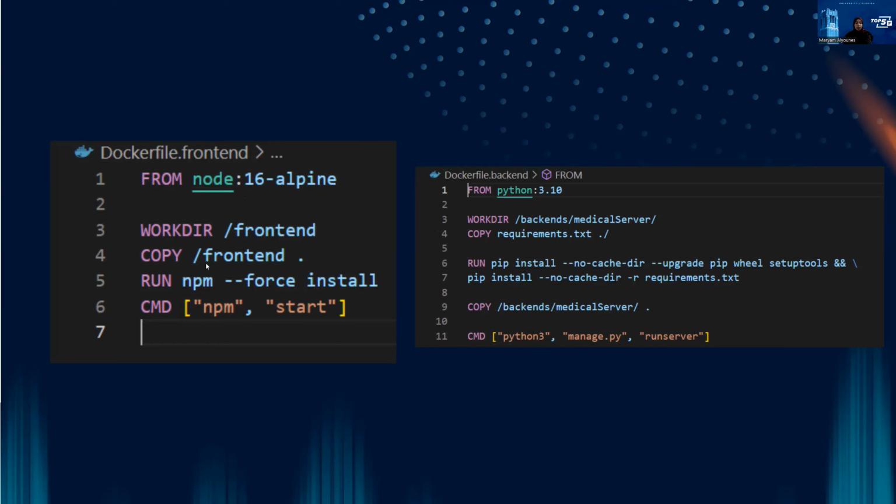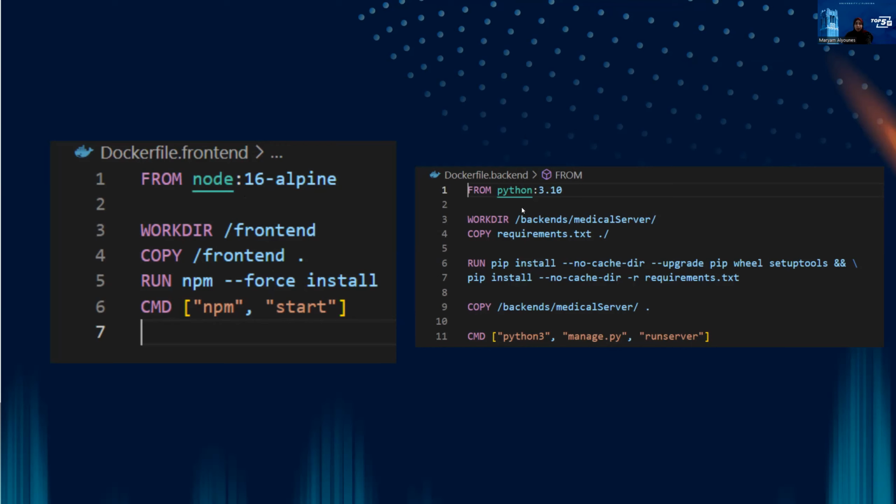And then it copies the contents from this file into the working directory. And then it runs this command, and this is to install npm using packages.json. And then it uses this command npm start, and this command is to start the front-end